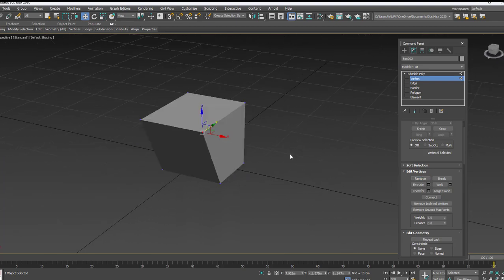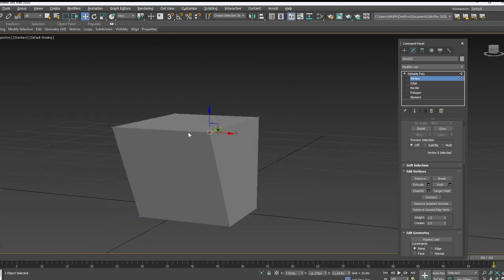I just do Ctrl Z and then extrude. You can increase or decrease the thickness by using the extrude option. If you click on the name of the extrude, you can go with the symbol. I hope you can see the symbol of the extrude. By using that symbol, you can just move outside or inside. But now I am not getting the idea how much amount I am moving it out and in. For that, I just do Ctrl Z.